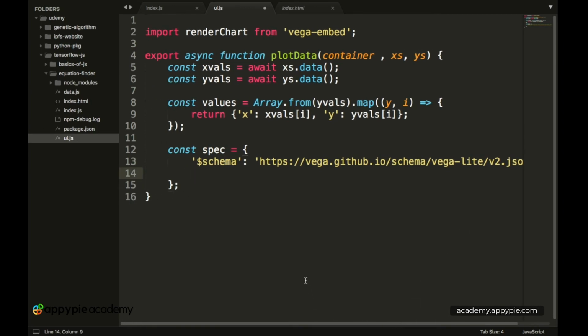So now the next parameter which we want to specify is the width and then the height. This is the width and the height of the graph which we want to create on our HTML page. So the width over here is 300, and similarly the height is also 300.